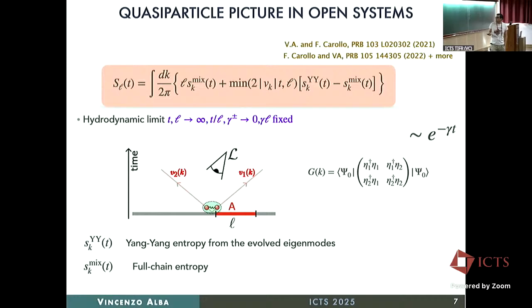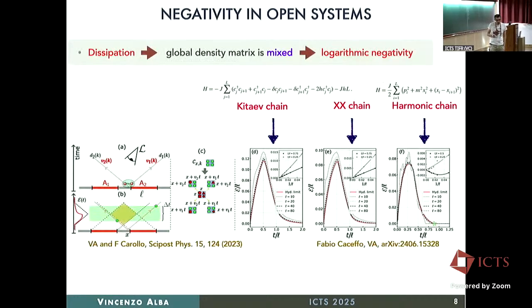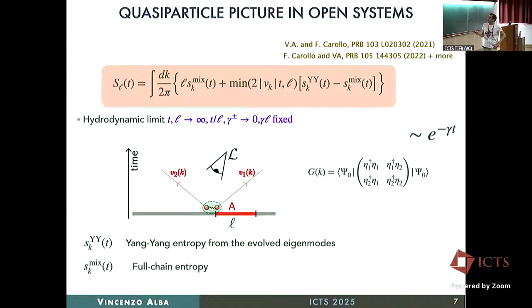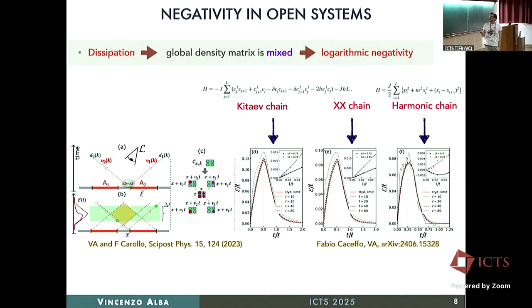Now, this is for the fundamental entropy, but as I told you, the fundamental entropy is not a good measure of entanglement. And you see it because here you have this volume law term. So you can compute instead the negativity. It took us a long time to realize how to do this. Eventually, with my PhD student, Fabio Jacopo, we managed, and we got a formula